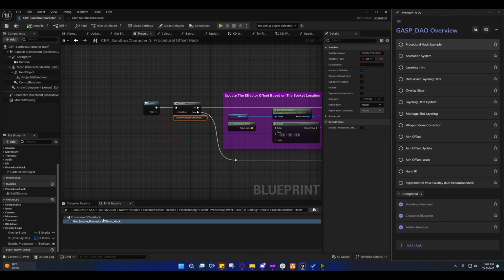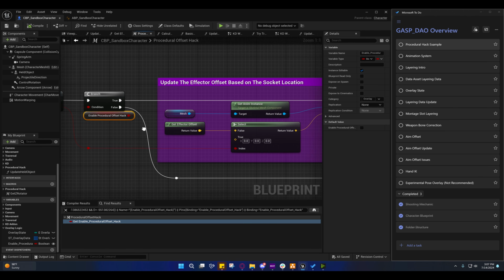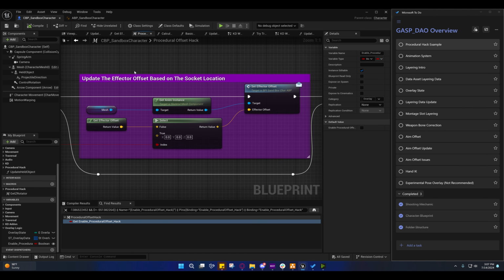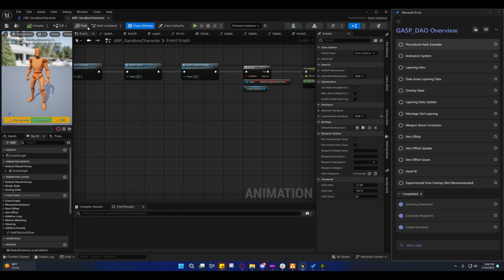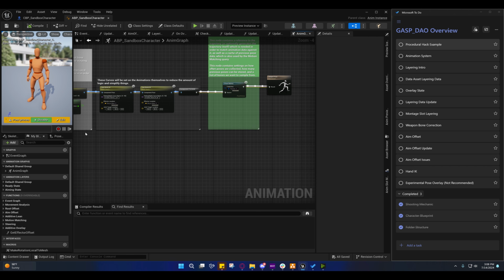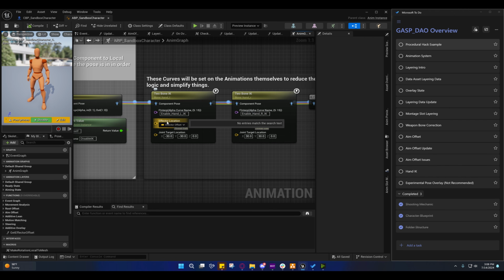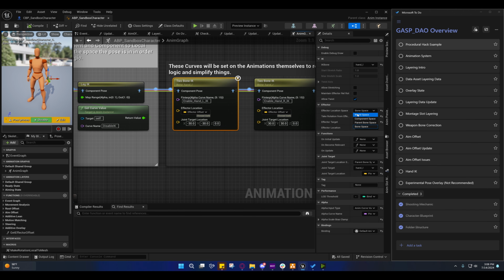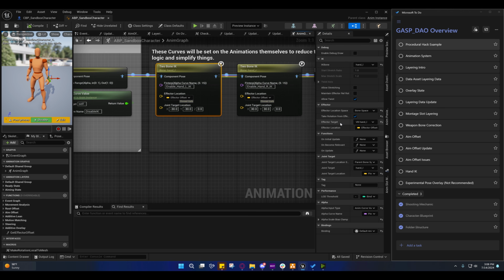If you enable this, it'll enable the procedural offset hack. And this is basically like telling your hand to go to where the socket location is on a weapon, but it's a more proper way to approach it. A lot of people just have you, let me see, if we go to the Anim graph and go over here, a lot of people will set the effector location itself directly to the socket location, and they'll set this to be in world space right here,